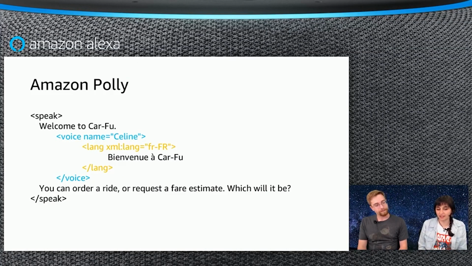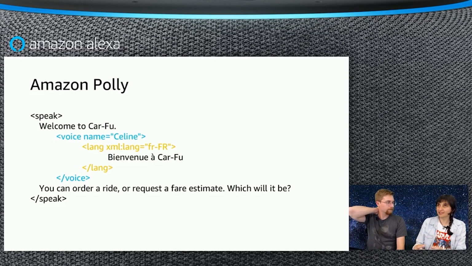So what we are seeing here is using some of the SSML tags. Here I'm using the voice and lang tags to give the voice some sort of character. So probably you are familiar with the AWS Polly service. In there you can provide your text. You can choose between about, I think, 27 different voice characters, male and female, with different accents. Mm-hmm. And what I used to do is to provide the text, select these voice characters, and then download the voice, provide it in an S3 bucket, and use it in my skill.